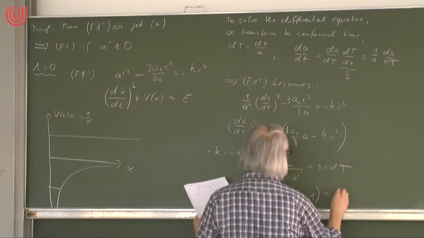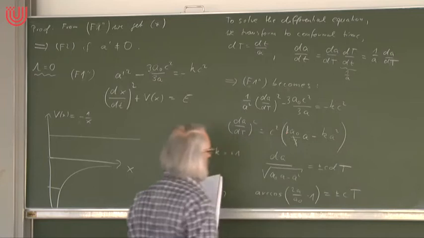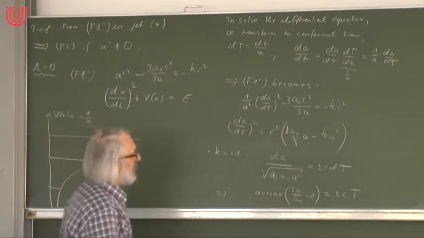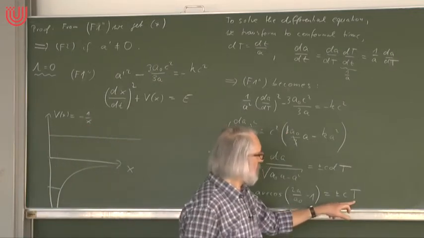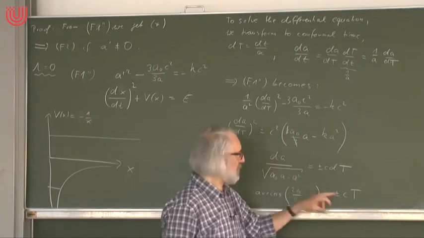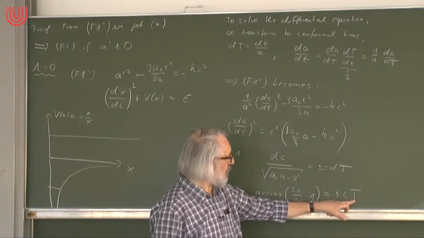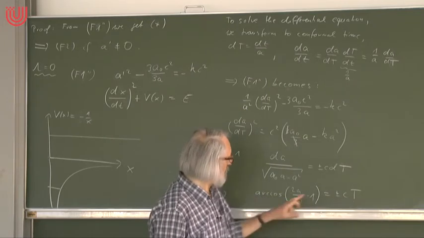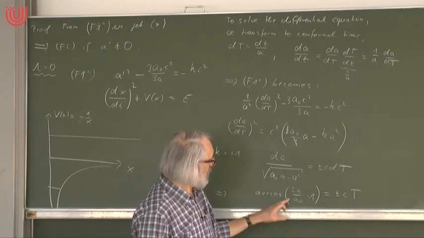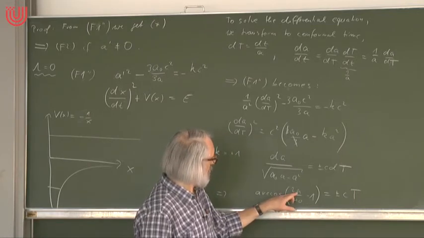And if I integrate this, of course, I get plus minus c times t. There could be an integration constant, but let's see if we want to have it has a Big Bang, the universe. If we want to have the Big Bang at capital T equals 0, then this must be 0 for A equal,